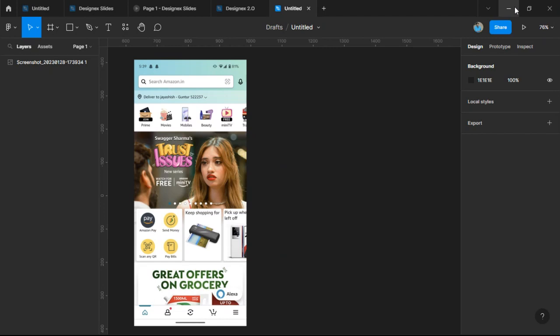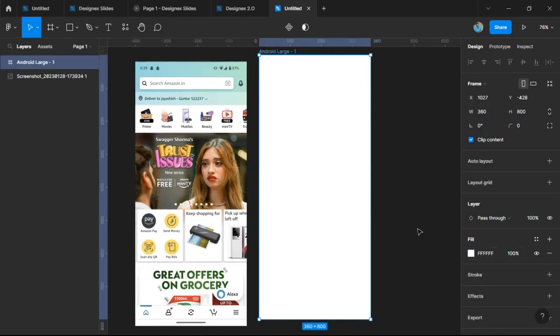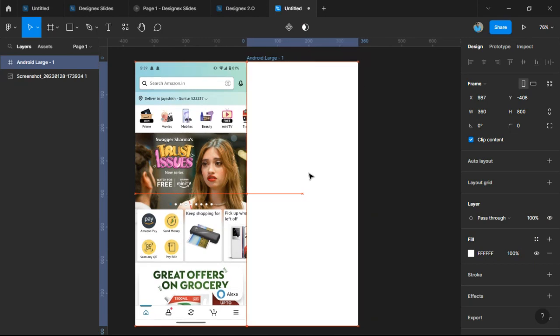Let's start where we have stopped. Okay, let's get started where we have stopped. So the first thing is, as I said, we need to open the frames. What we are going to pick is Android large. So in the Android large,